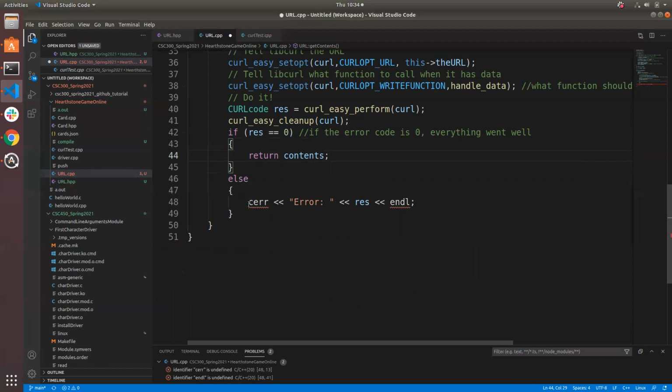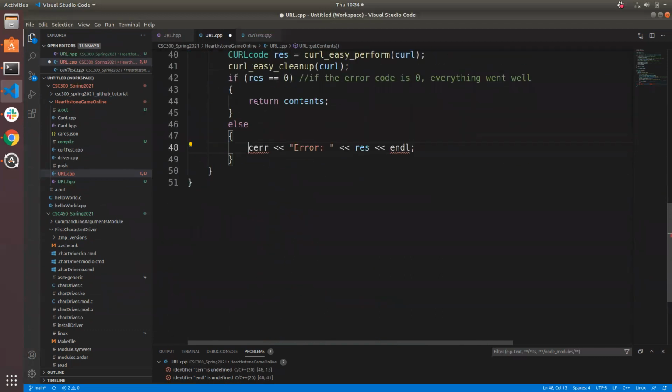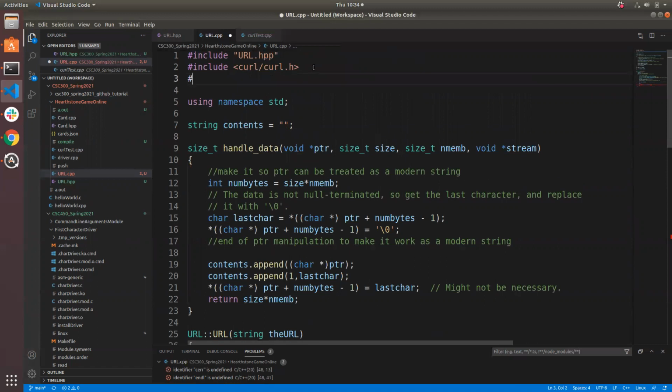Else, we can do a, am I not using standard namespace? Oh, did I not include IOStream? Oh, thank you. Yeah, input output stream. So IOStream is the new version to standard IO. So yeah, IOStream is where C out lives. It's where C in lives. I don't think we've looked at C in yet, but it's Java's scanner. It's how you read stuff in. And it's where C error lives, which is